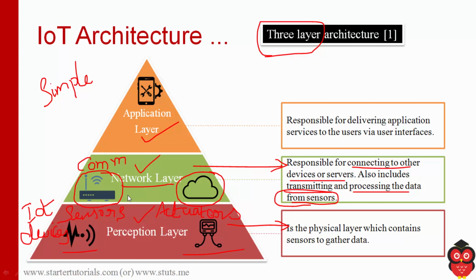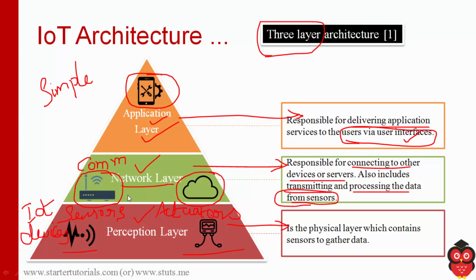And then the last layer is the application layer. At this layer what you will have is the application. You can access the application either on your smartphone or from a web browser. This layer is responsible for delivering application services which can be accessed via user interfaces. So this is the application. The interfaces are available in the application and we will be accessing different services. So this architecture contains only 3 layers. It is very simple, right? And the simplicity is also its disadvantage.